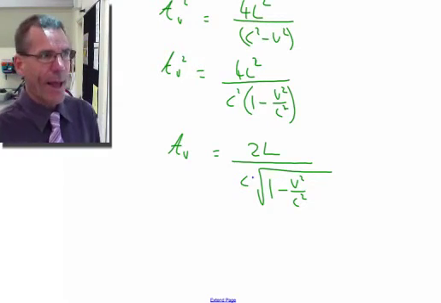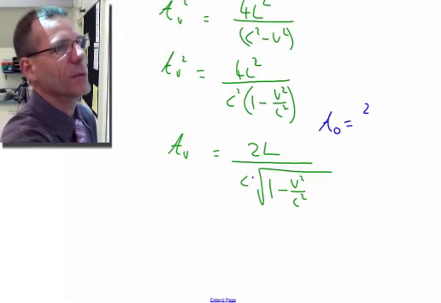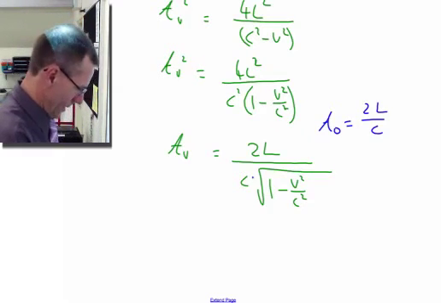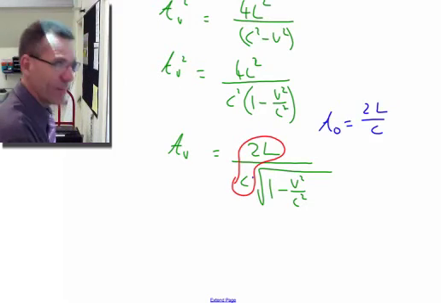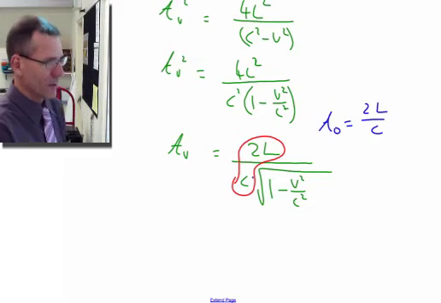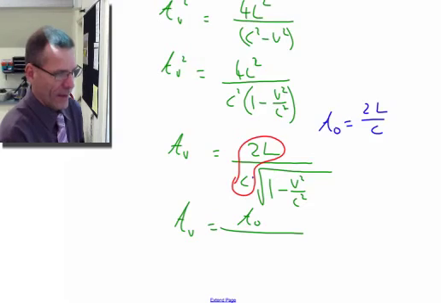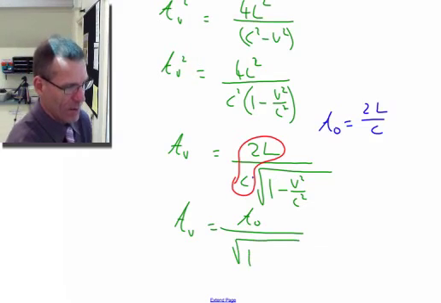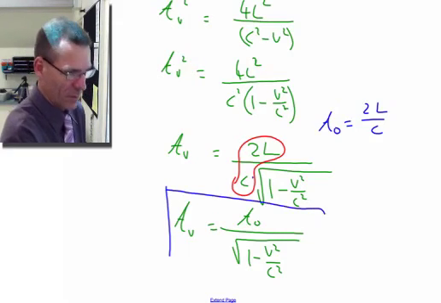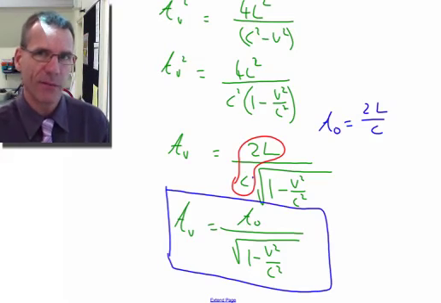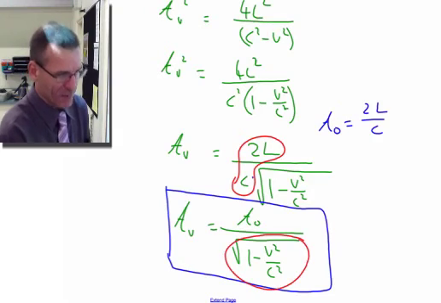Now, if you remember back, how long did the event take from the point of view of the person in the carriage? Well, it was simply 2L on c. And if you have a look at it, 2L on c is our common factor out here. So we can replace that with a t0, so we can say that tv equals t0 all over the square root of 1 minus v squared on c squared. And lo and behold, we can now say quantitatively how much time is going to be slowed down by. Time is going to be slowed down by this factor here.